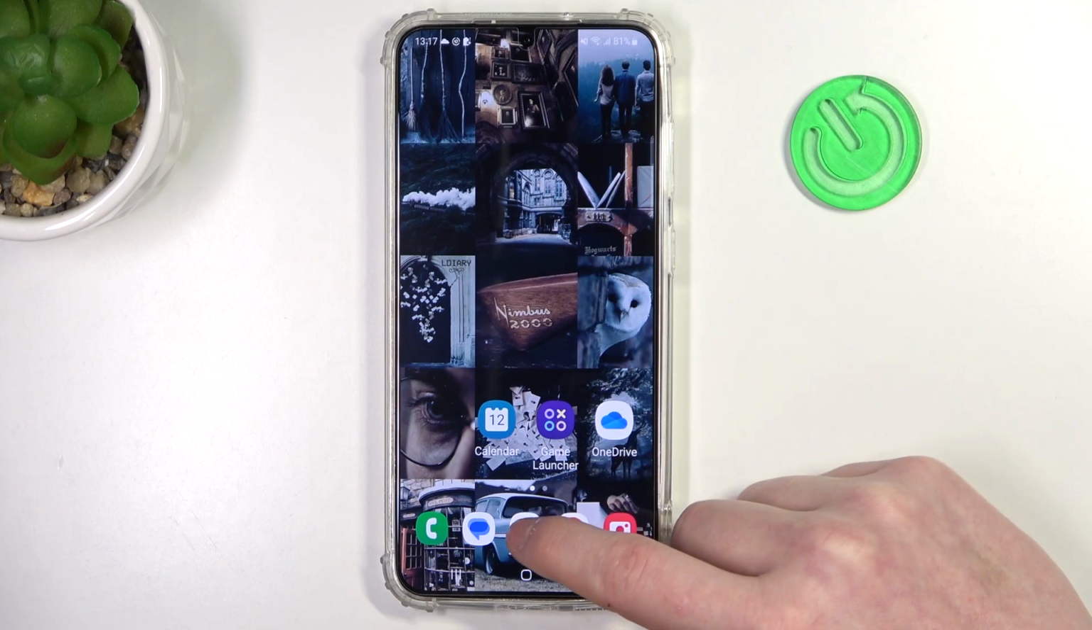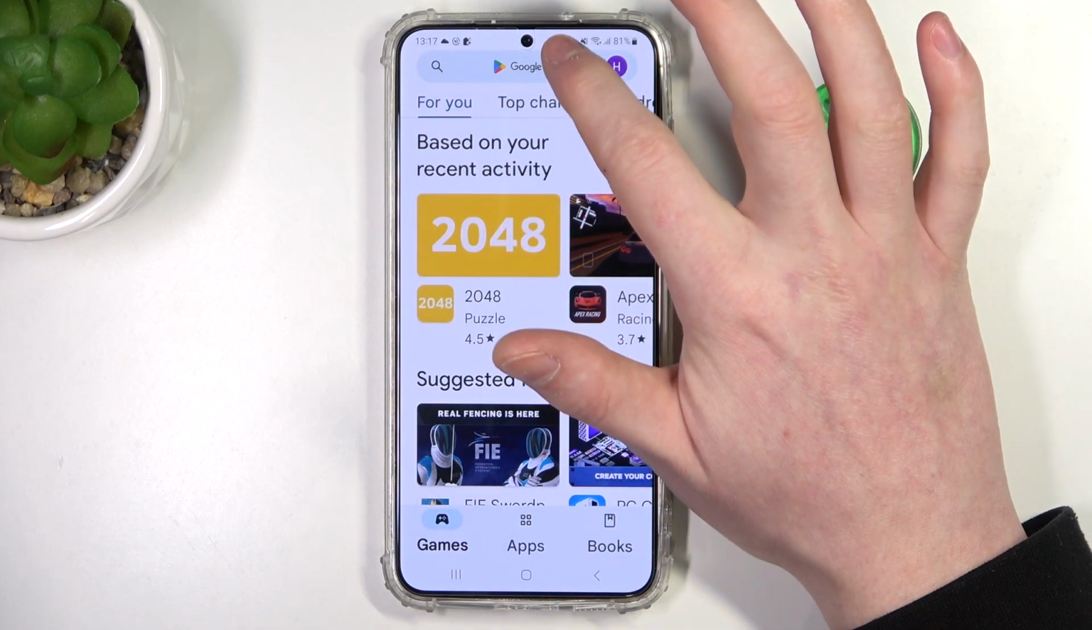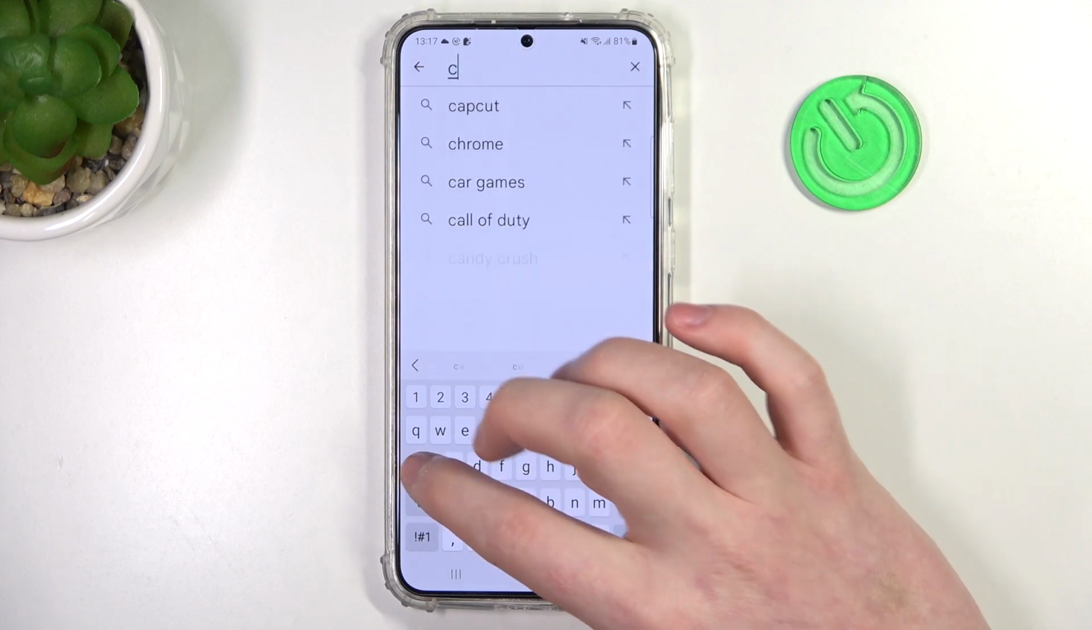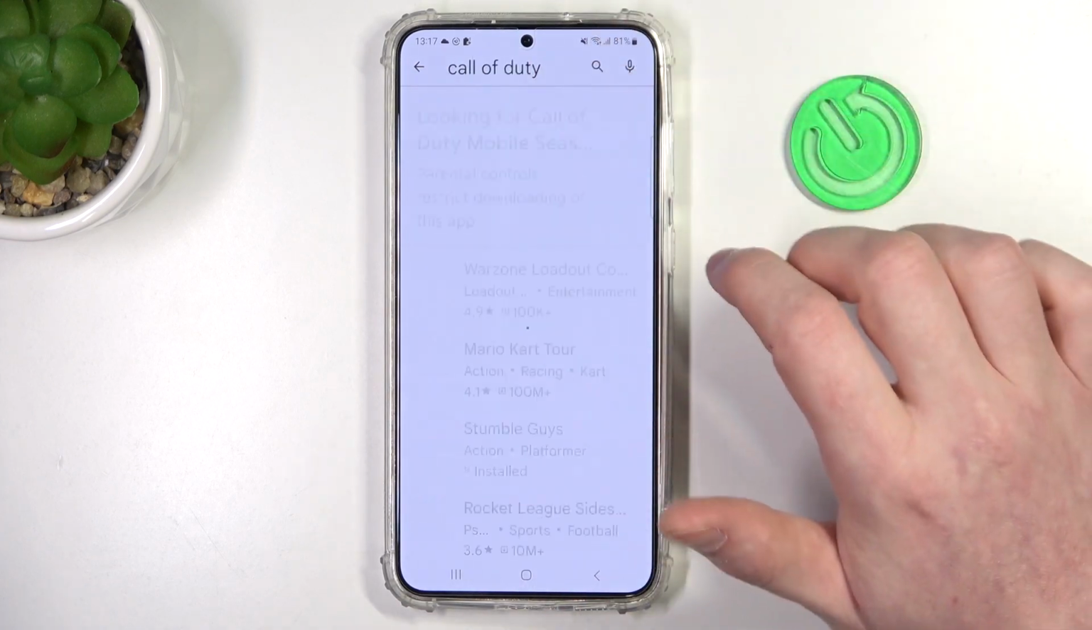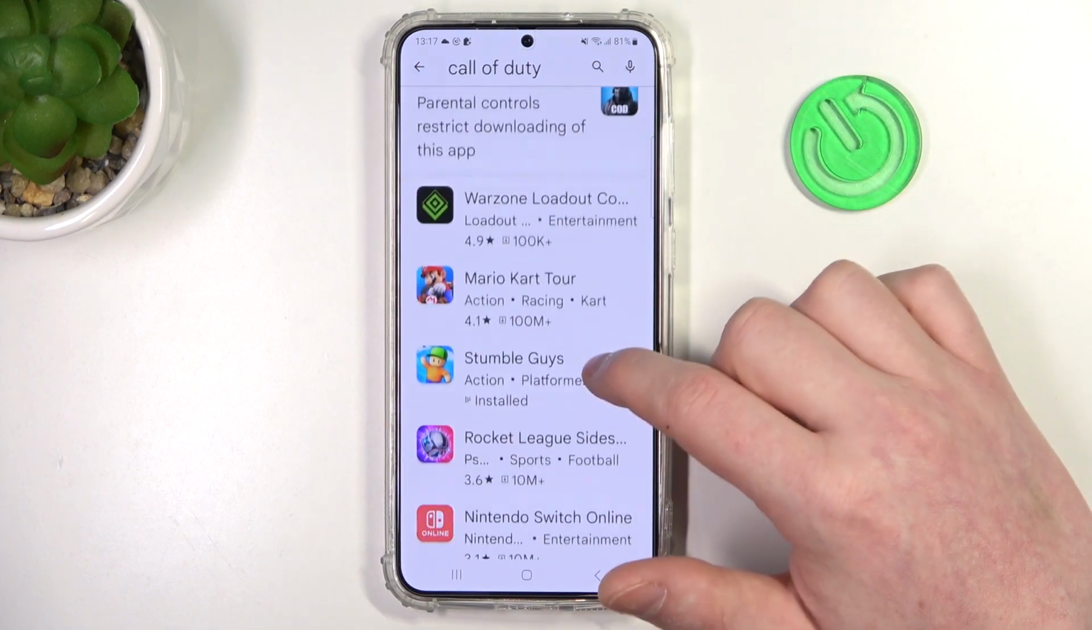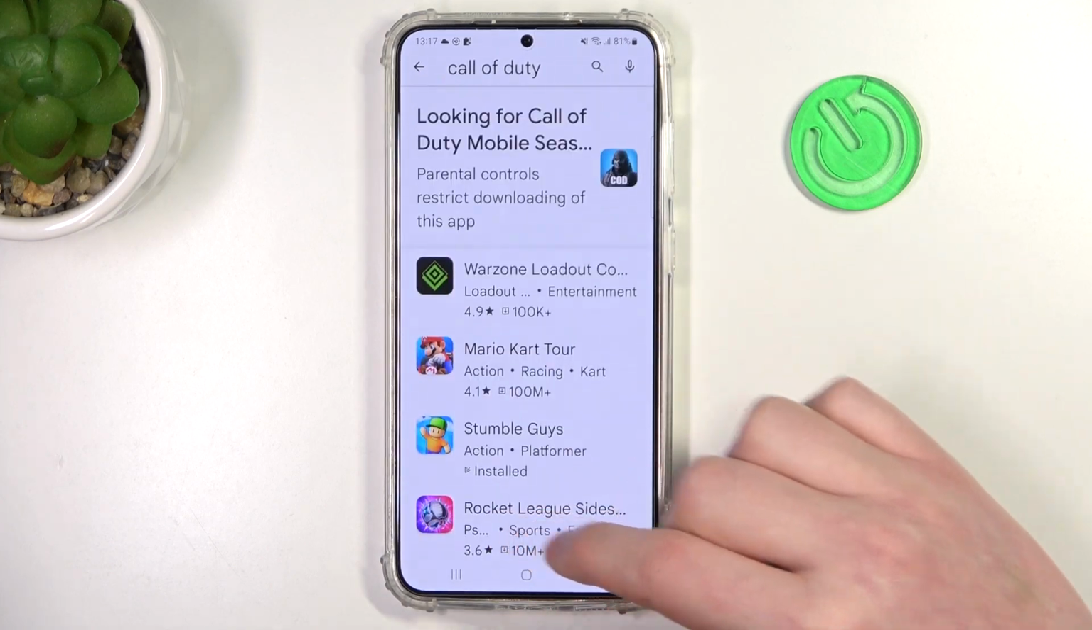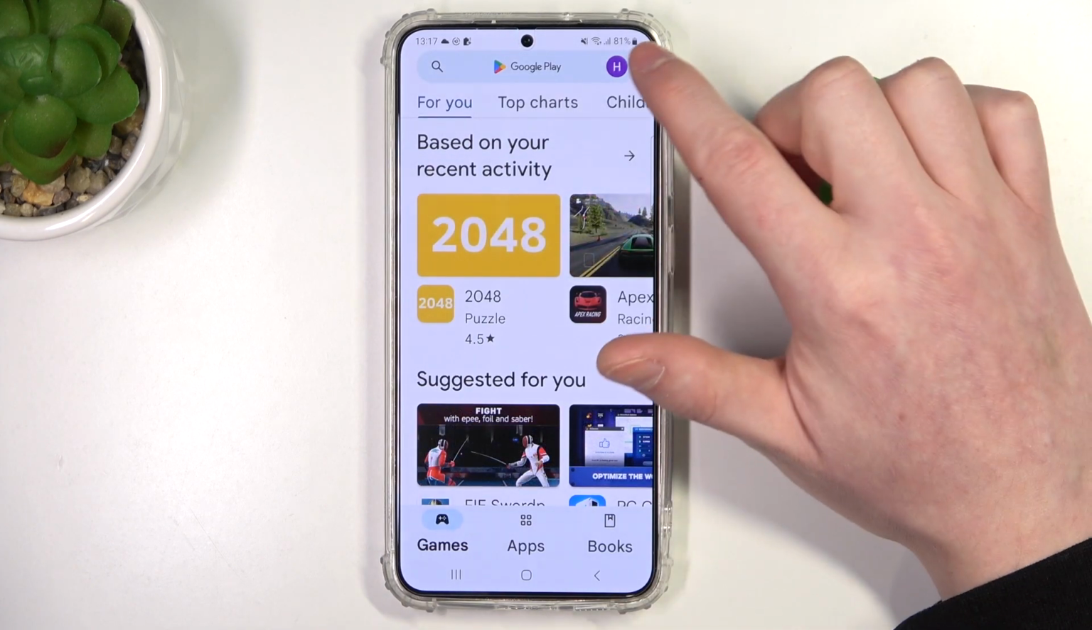And to do this, we'll need to open the Google Play Store. Here let's try to find the game. As you can see, there's no results available to download, and to fix this, go back, click on your profile